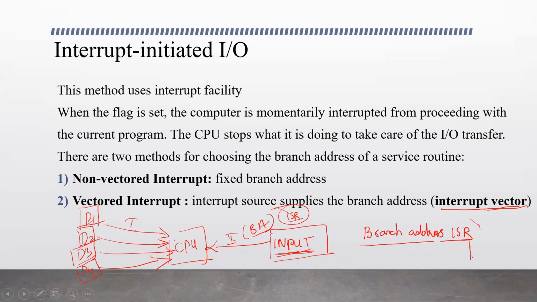The CPU cannot service all these devices at a time. These devices send these interrupts simultaneously to the CPU. So now the CPU's job is to choose which particular interrupt to service first. It has to use some method to find which particular interrupt, out of the 3 interrupts arriving at the same time, interrupt 1, 2, and 3. So the CPU needs to decide which one to serve first.